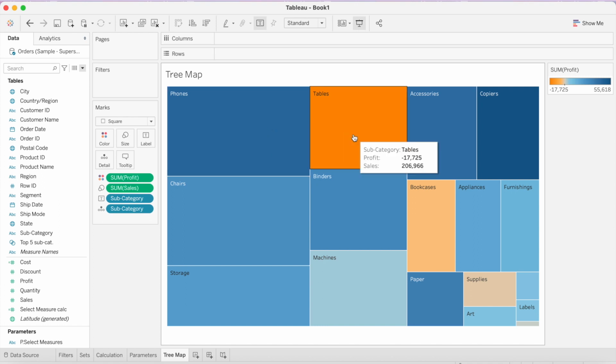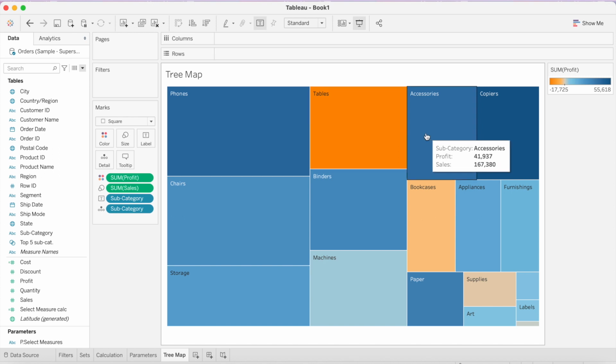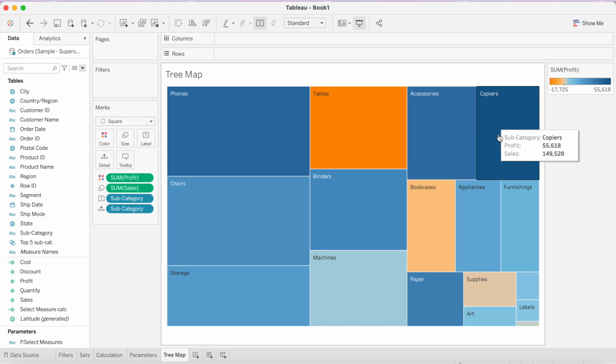So by the look of it, you can see a tree map here which shows sales by the size of the boxes, and here the orange shade in profit represents loss, whereas shades of blue represent the profit in each subcategory, with darker blue shades representing higher profit in that particular subcategory.